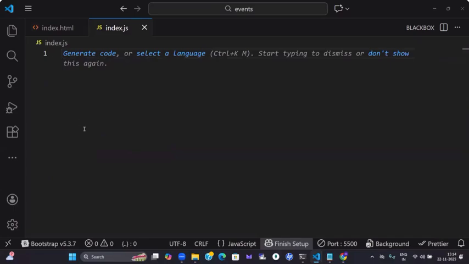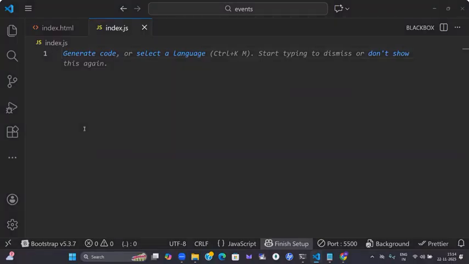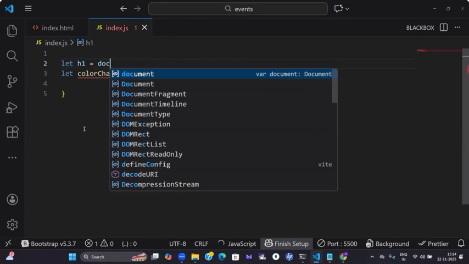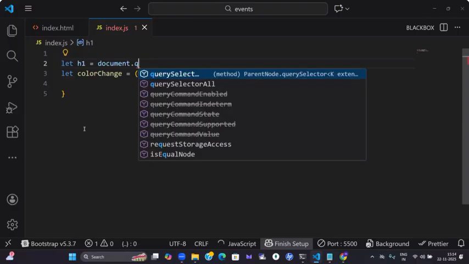So what I want to do here, first I need to access that particular h1 tag. Yes or no? If I want to apply the first one, event attributes, what I will do directly is write a function: let colorChange equals to one function. To whom do I need to change the color? The h1 tag. It means I need to access that, right? So how to access the h1 tag? let h1 equals document.querySelector of